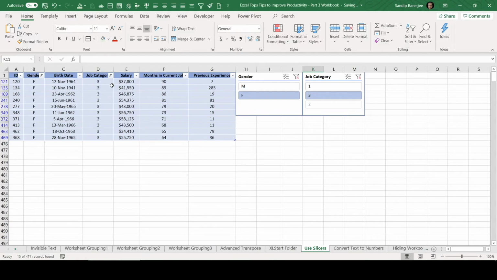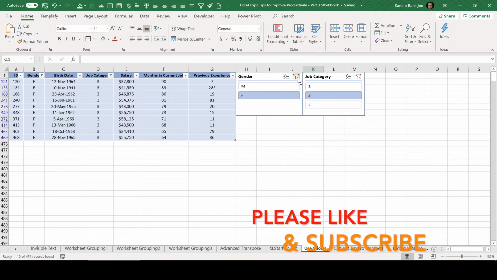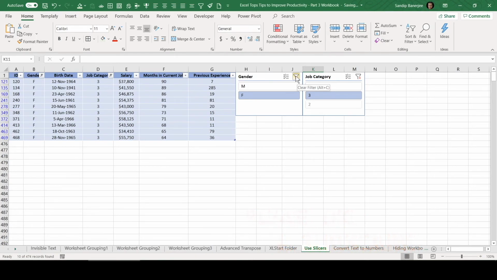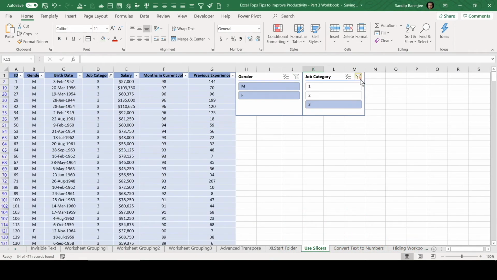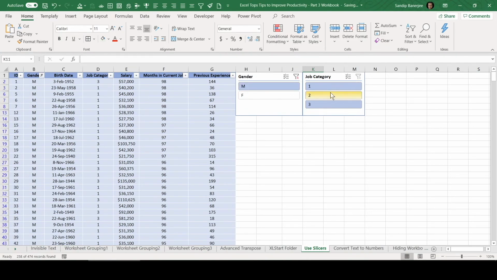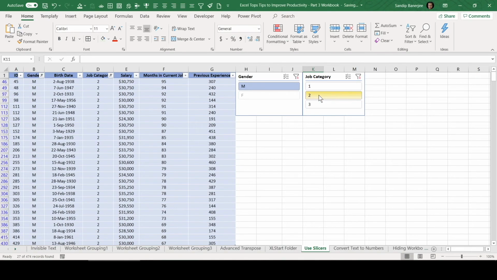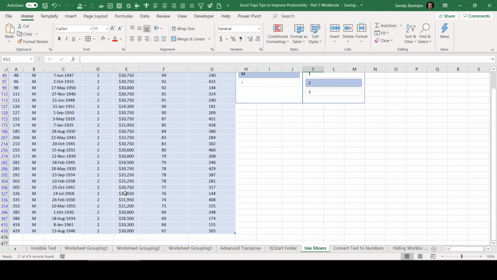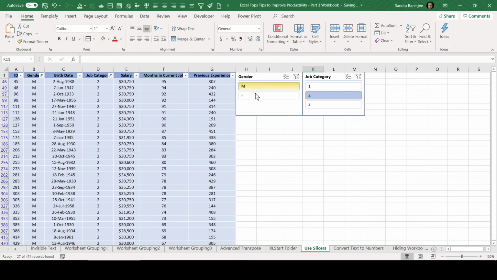Now similarly, let's check another set of data. If I click on this particular button, it will clear all filters, and here also. Now if I click male candidates who are in job category 2, you can see 27 out of 474 records got selected. So this is another way of doing it.